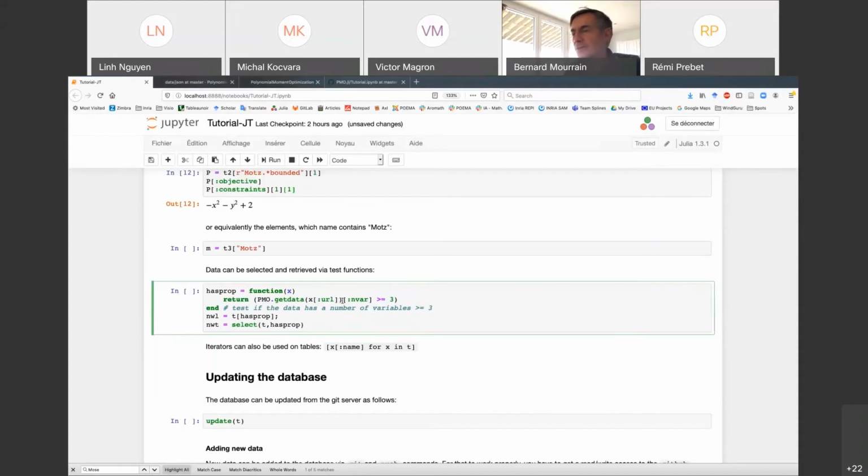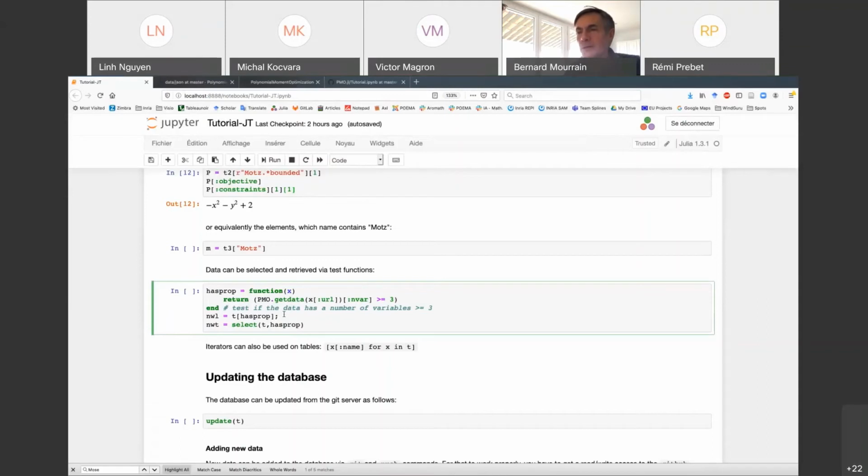And then here you want to select the data which has a number of variables bigger than 3. So for that, you use get data, the URL, and the attribute envar, and test if it is greater than or equal to 3. This is a function which is given an x and returning a boolean, true or false. And then you select the entries in the table.